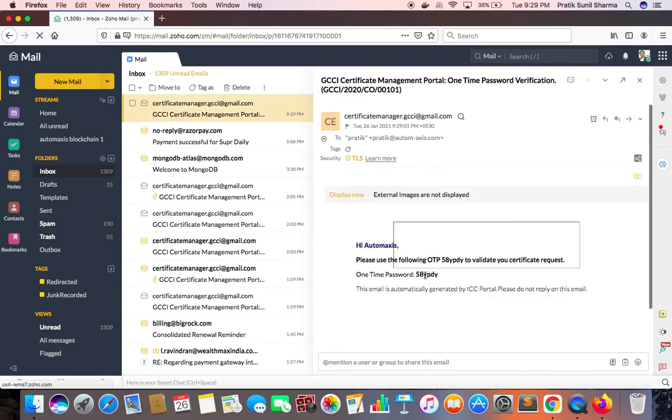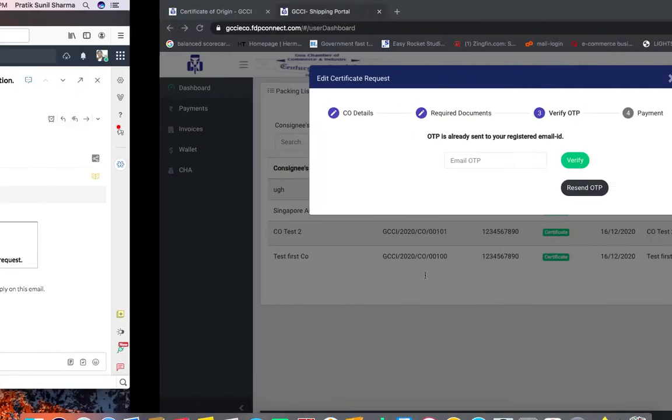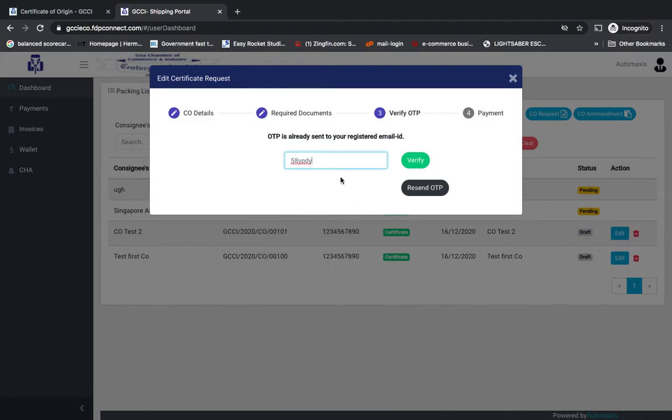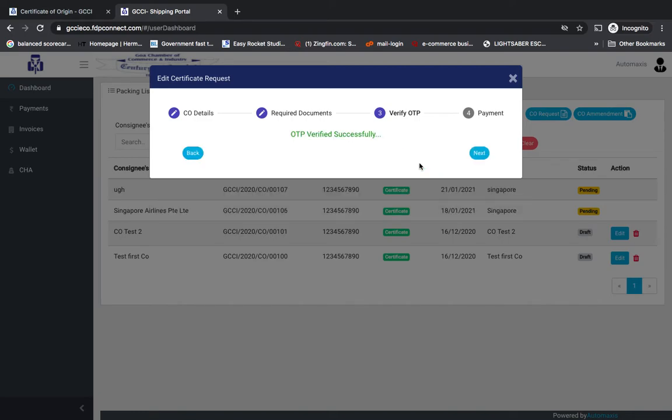Please enter the same OTP that you have received over the email. Also make sure you're not entering any space while copying. Once the OTP gets validated, you will now be able to see step 4.